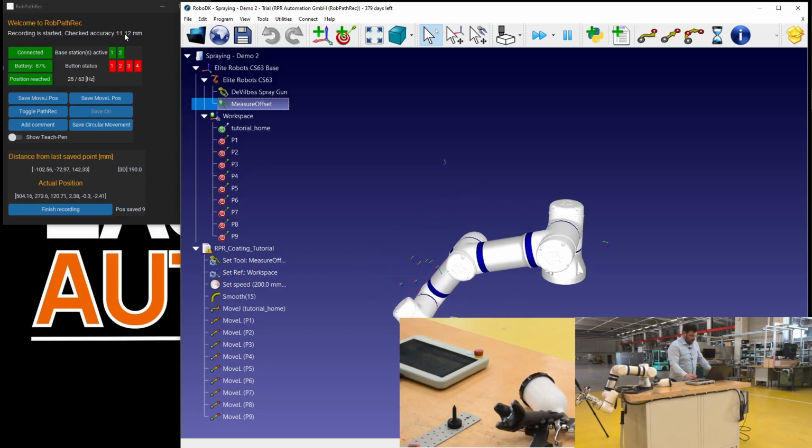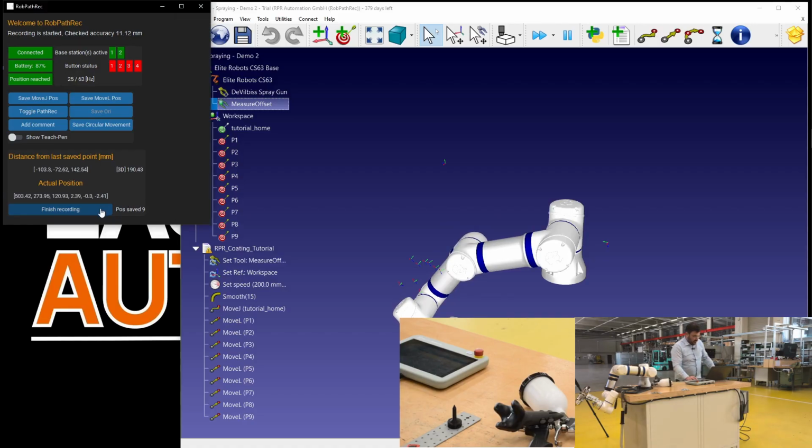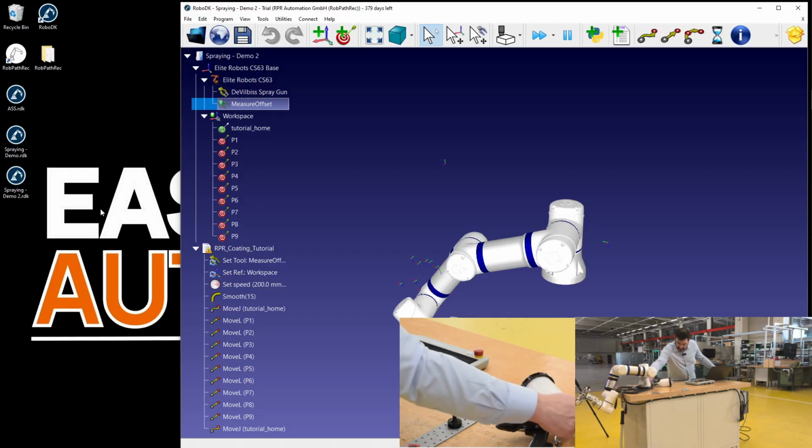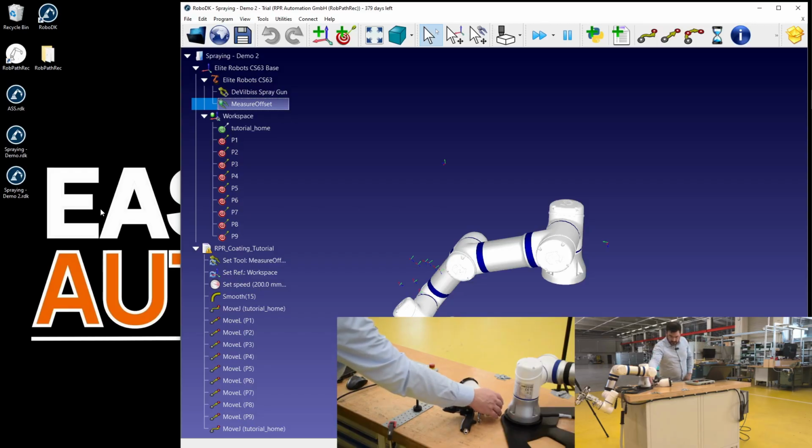I just did this with 9 points for this demonstration. I recommend you record at least 30 points with the highest accuracy. This depends on your needs. The higher the accuracy with which you record these points, so not moving around, really hitting exactly this point with the expected TCP of your manual tool, the better accuracy results you will get later on. So this is very important. Take your time.